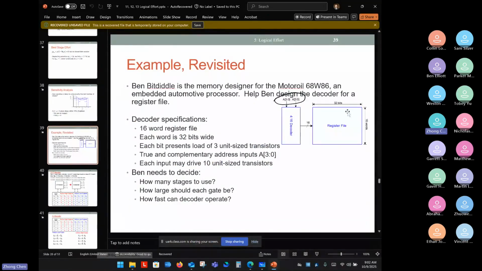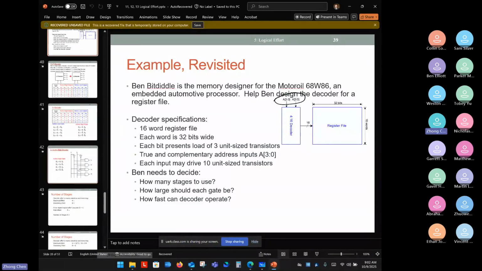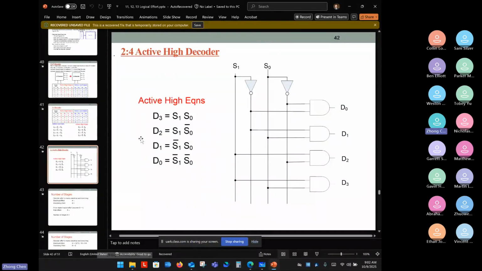So we have 8 inputs, basically A3 to A0 and the complementary inputs, A3 to A0 and A3 not to A0 not. So in total 8 inputs, and you have 16 outputs. We revisit the design using a 2 to 4 decoder instead of a 4 to 16, a simpler case to demonstrate. If you have a 2 to 4 design for a decoder, for a single stage,